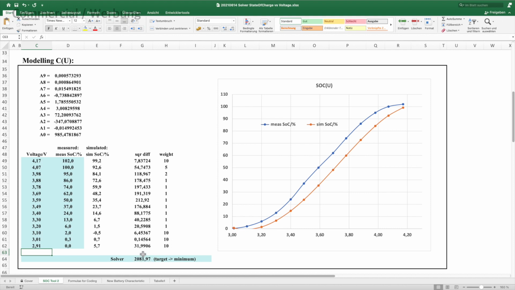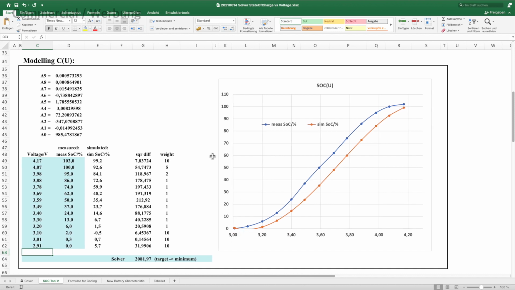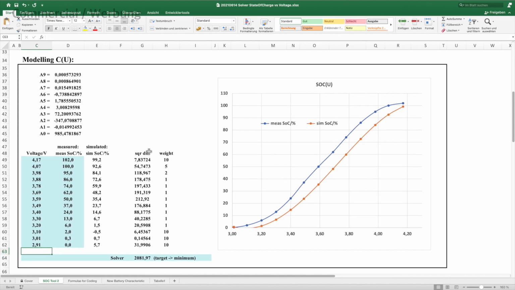We calculate the so-called cost function, which is simply the sum of squared and weighted differences between the values in each line. It is practically giving us a measure for how close our functional approximation fits to the given values. With the weights, critical or important areas can be weighted higher. I did that for the upper and the lower values in order to force a better fit in these areas.